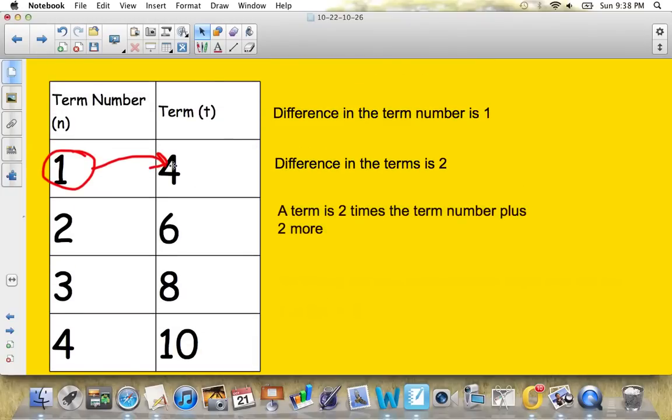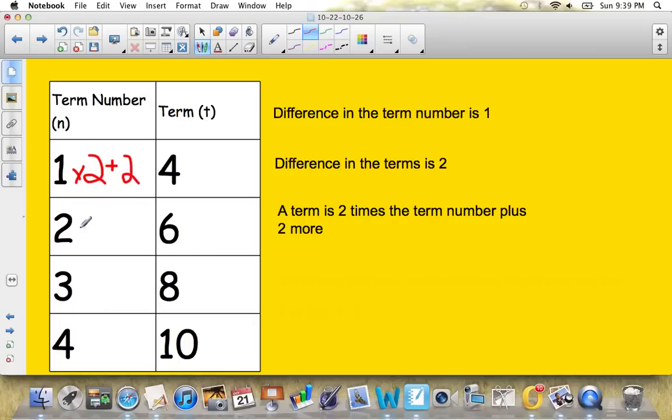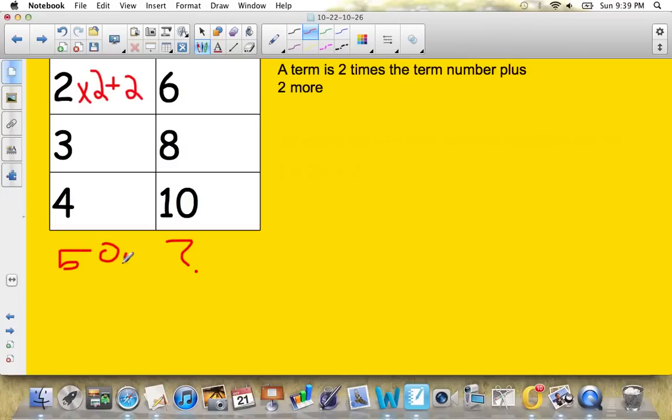Well, to go from the term number to the term, I have to multiply this times 2 and add 2 more to it. Let's make sure that works every time. 2 times 2 is 4, plus 2 is 6. 3 times 2 is 6, plus 2 is 8. So 50 times 2 is 100, plus 2 equals, not a question mark anymore,